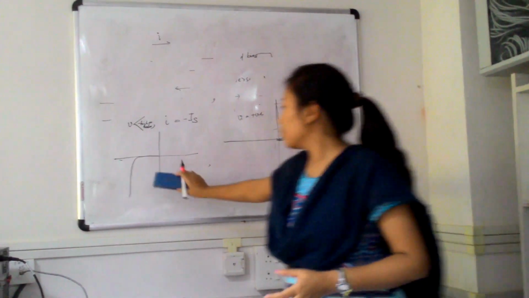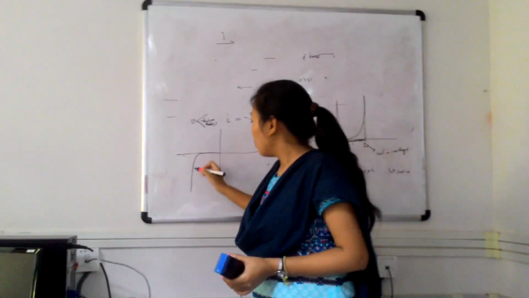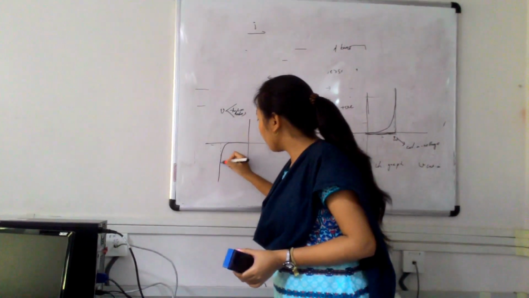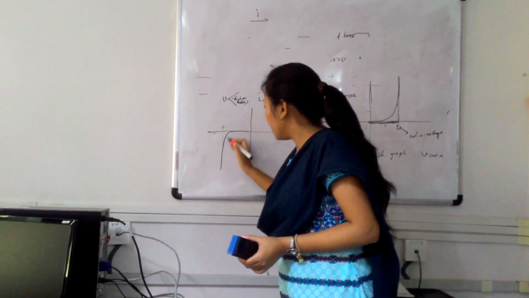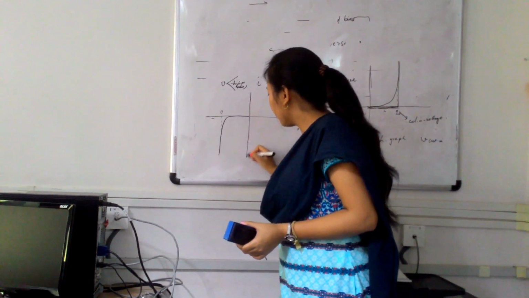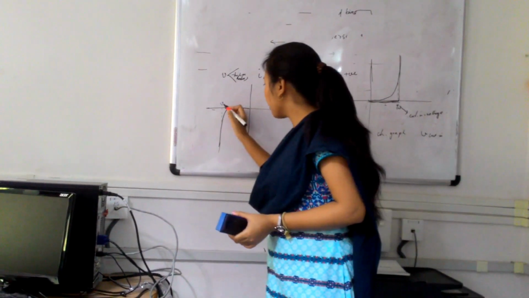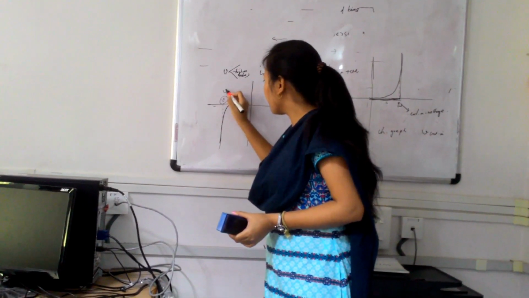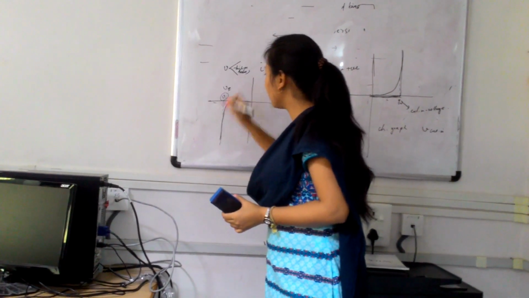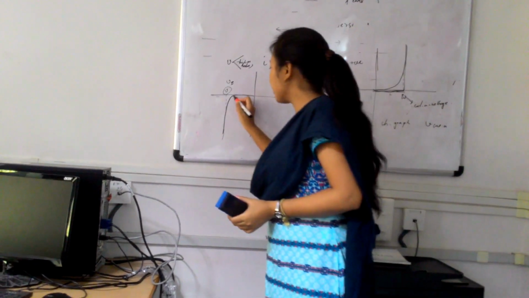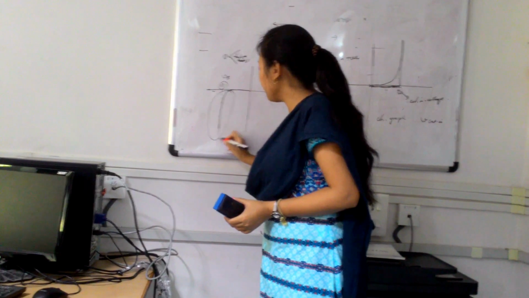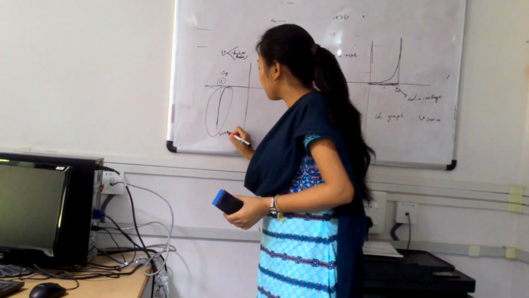Now, in case of this reverse condition, what we see is at certain amount of voltage, the current suddenly decreases at an exponential rate. So here, this V is nothing but your VZ, that is Zener voltage, and this region we call it to be the breakdown region.